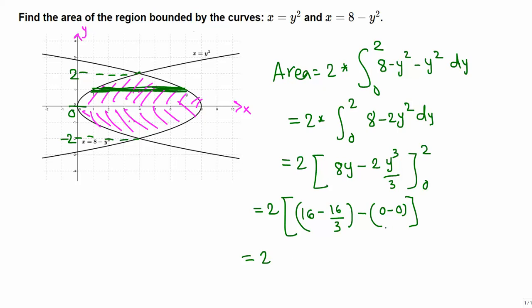So this is 16 minus 16 thirds. 16 is in fact 48 thirds. 48 thirds minus 16 thirds is 32 thirds. Then multiply 2 times 32 thirds, 64 thirds. You can write it as a whole number, but this should be it, square units, because we are finding the area. Final